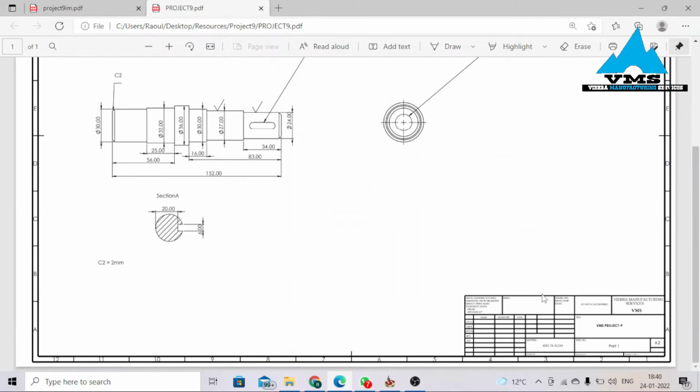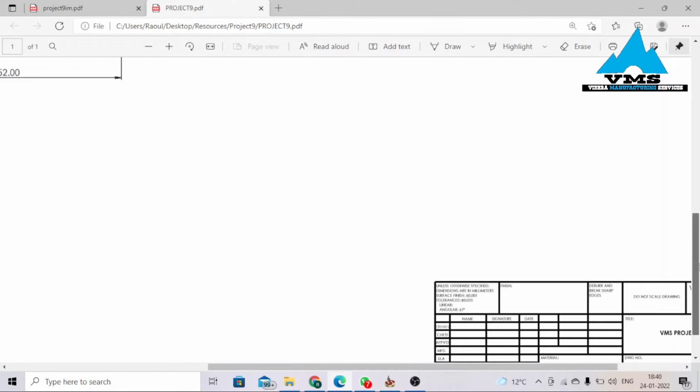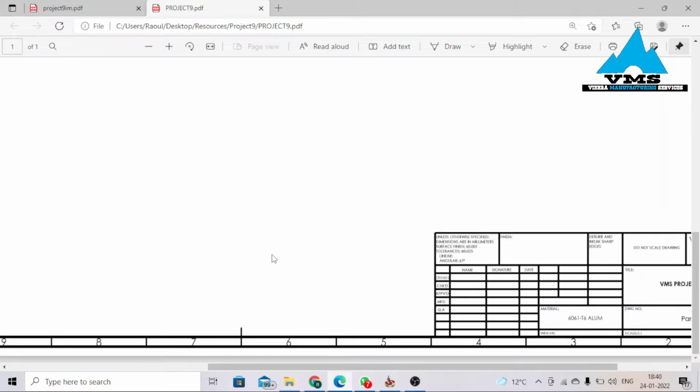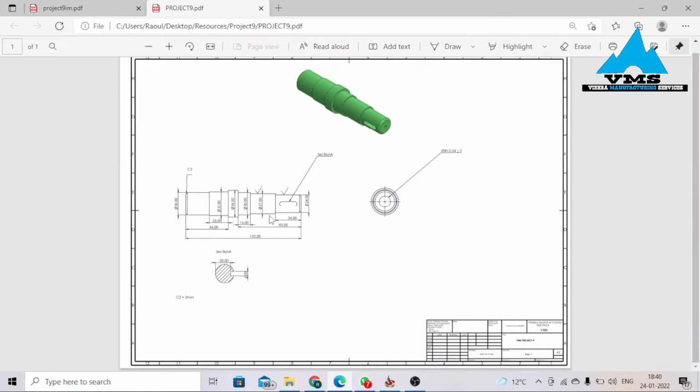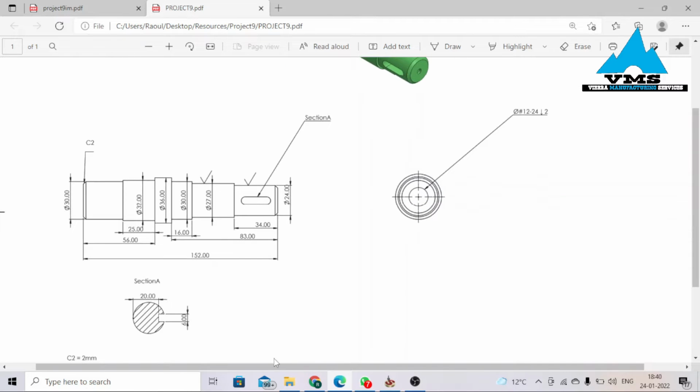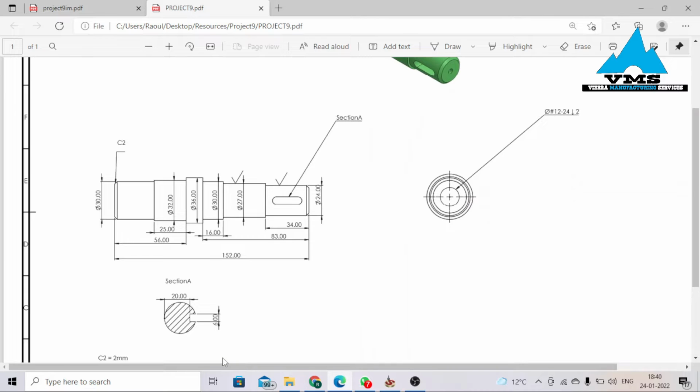Note clearly that the units here are in millimeters, and the material being used is aluminium. So let's get started. It all depends upon you. The way you begin the diagram may be different from mine. For example,